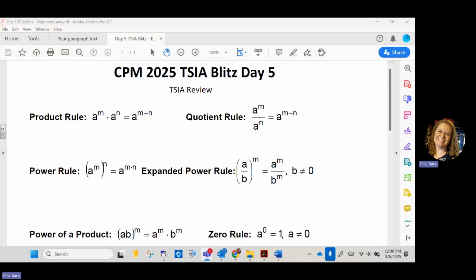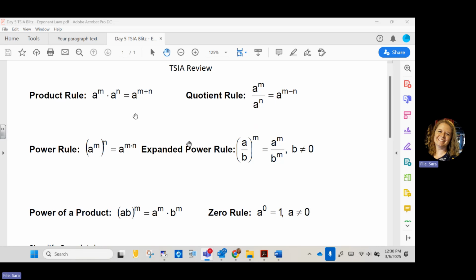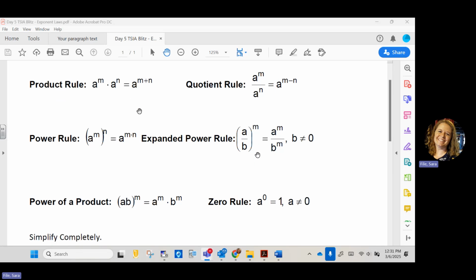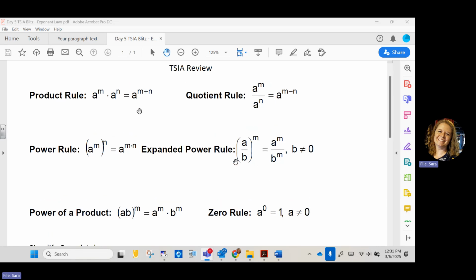So the review for day 5 is all about exponent rules. At the top, before we jump into examples, we've got 6 of our exponent rules written out here. The product rule says that if you are multiplying like bases,